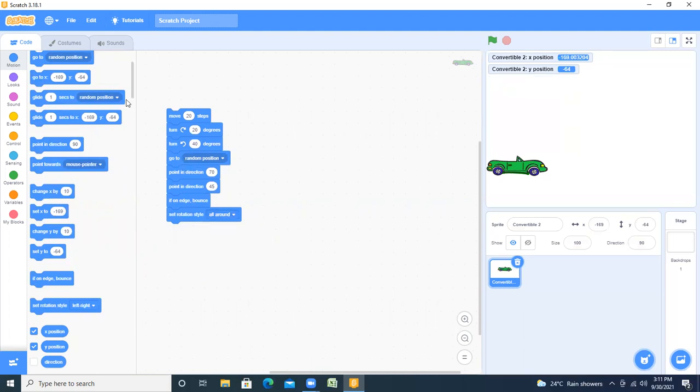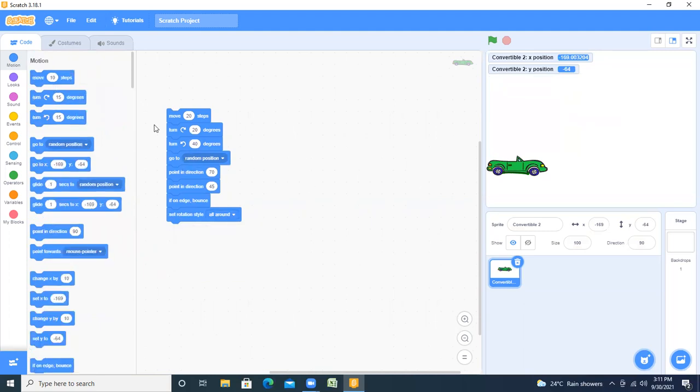So the meaning of this motion block is how we rotate this sprite and how we move this sprite. These are the functions related to the movement of the sprite. So move 20 steps, then turn 20 degrees, then again turn 40 degrees, go to random position.